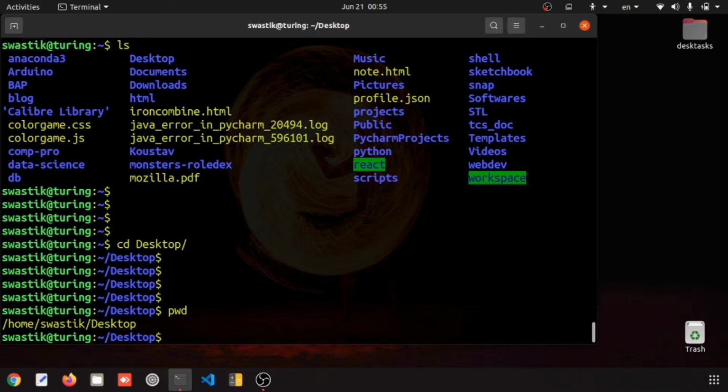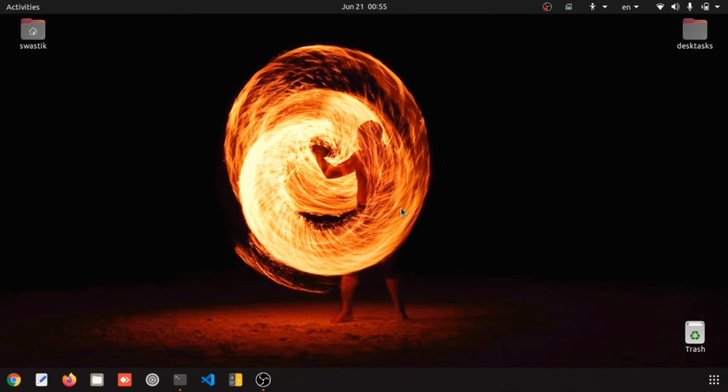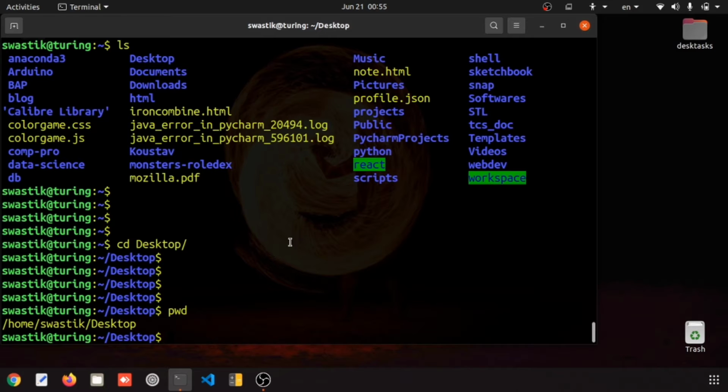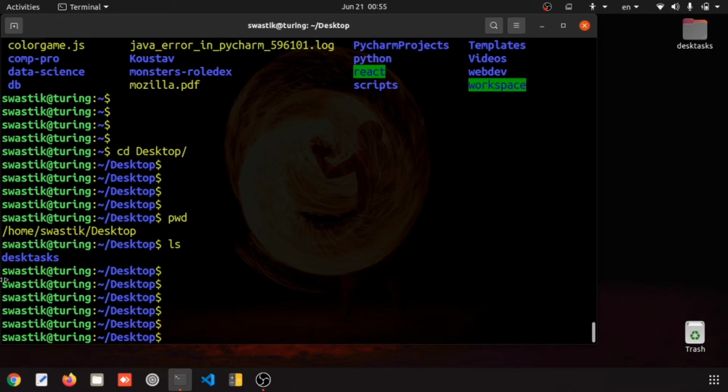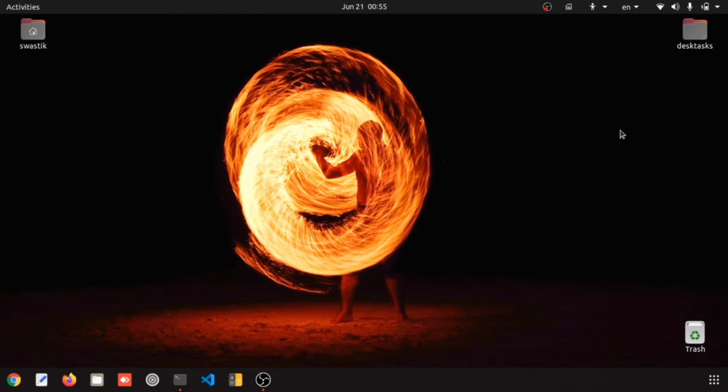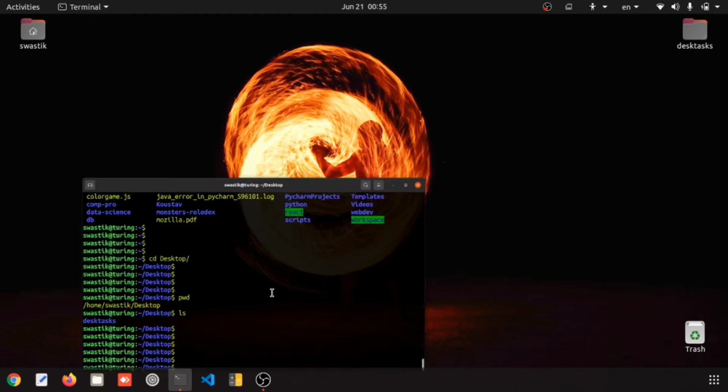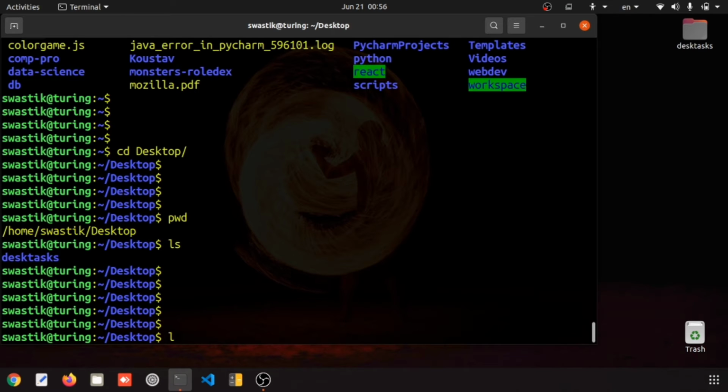Now suppose we want to create a folder, or a directory, inside the desktop. In my desktop there is only one folder remaining here. How can we check? We can use ls, right? We can list out what is there. Now you will be asking me, if it is there, why is it not showing us?